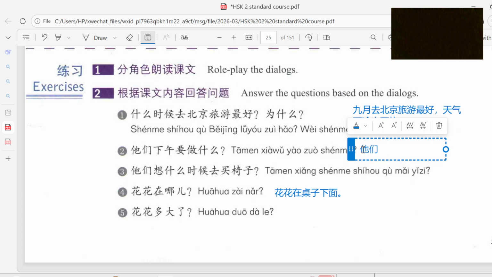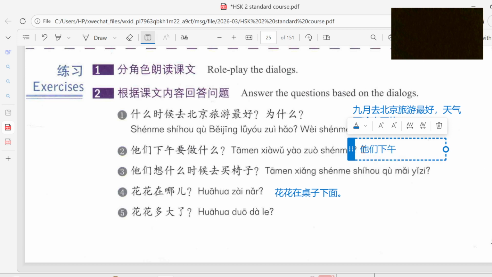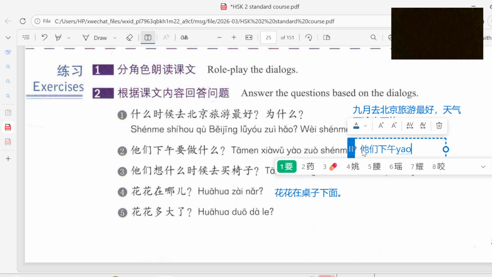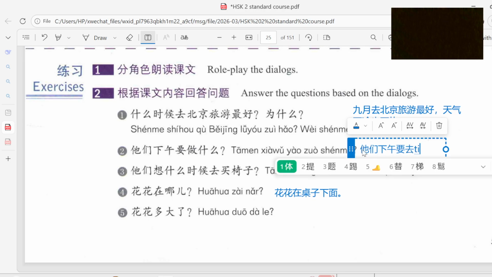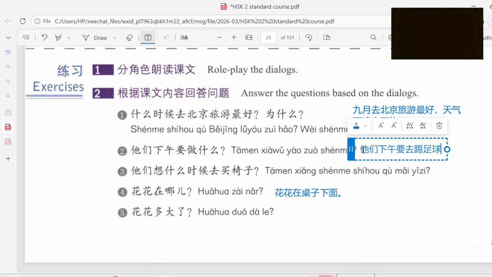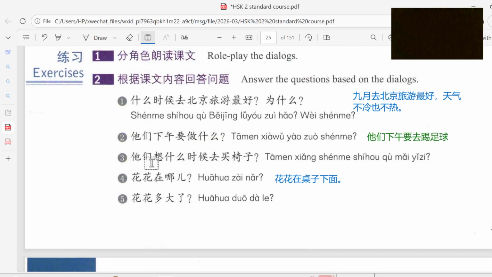So bring it back in your answer. 他们下午 in the afternoon. 他们下午要去踢足球。They want to go play football. You can repeat, 踢足球。他们下午要去踢足球。